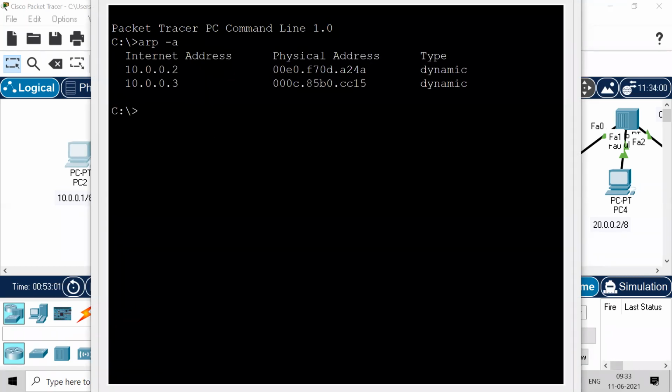With arp -a, there is some entry that it has learned: 10.0.0.2, which was the IP of my DNS server, has this physical address, and it has learned it dynamically. And then it learned for 10.0.0.3, which was my web server, what the physical address is. That is also learned dynamically.